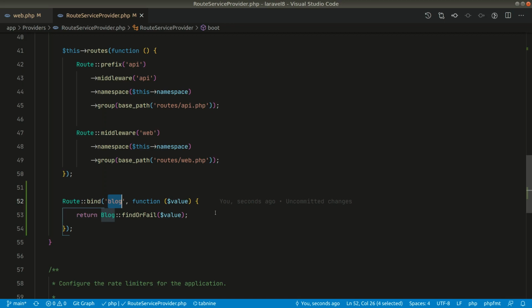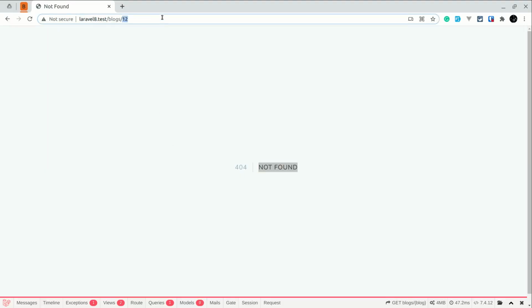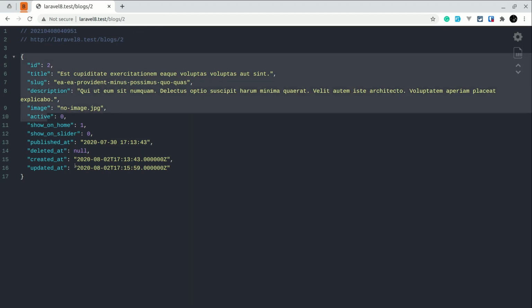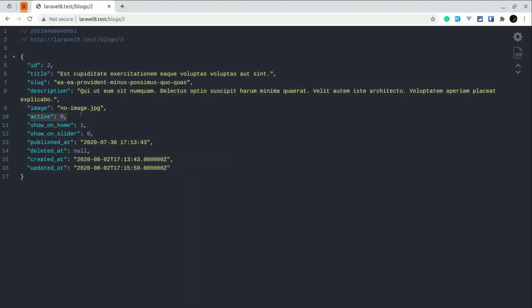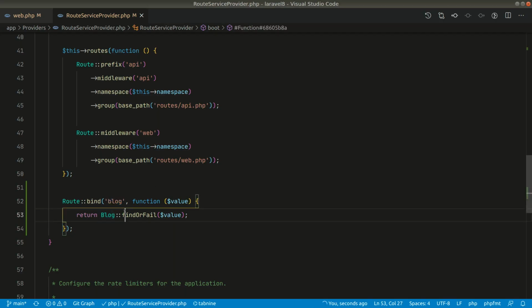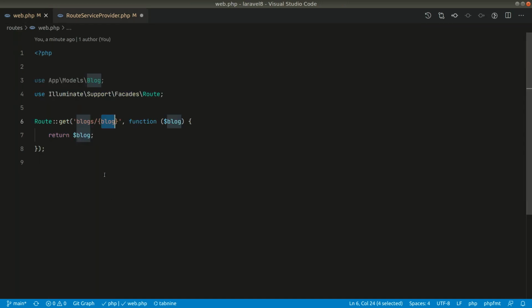This is also one basic thing, but now I would like to take you one more step forward. Whenever we type 2 here, it is giving us this blog, but it is not active. What we want is that whenever we pass the value here, it will only give us the active blogs. For that, let us change this parameter to active blog, and let us also write the same over here.